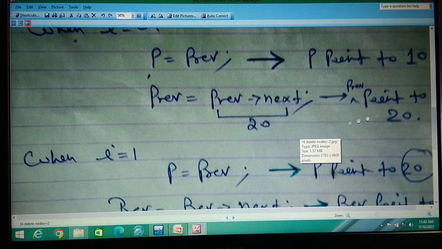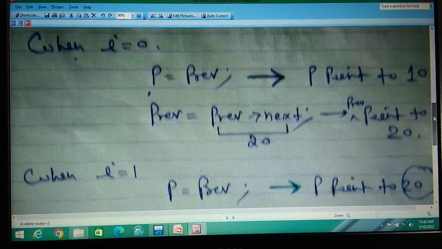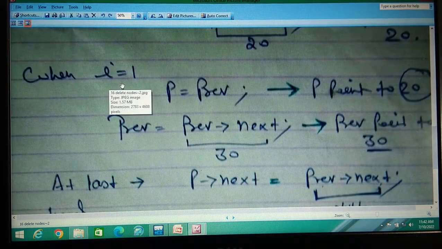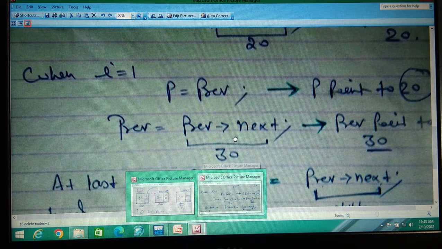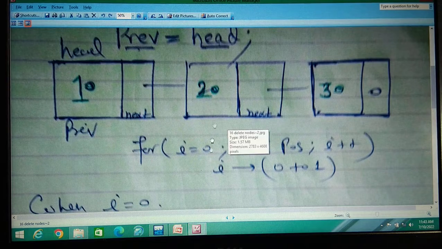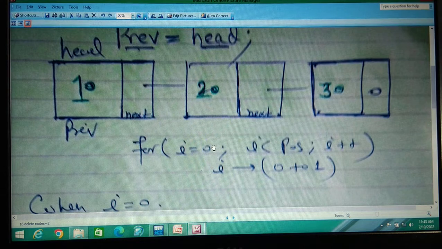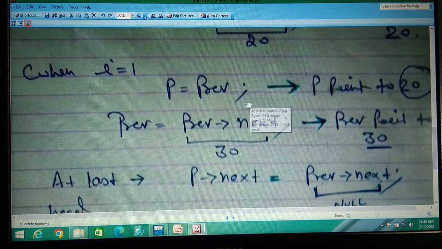Now we have done I is equal to 0. Now I is equal to 1, and the same process follows. We are saying PRV is equal to P again. Before, P was here and PRV was here when I is equal to 0. We are saying this is also P. So every time P is traveling and PRV is trailing, but the head position remains the same every time. So P is also here, and the address of PRV and P are both the same.